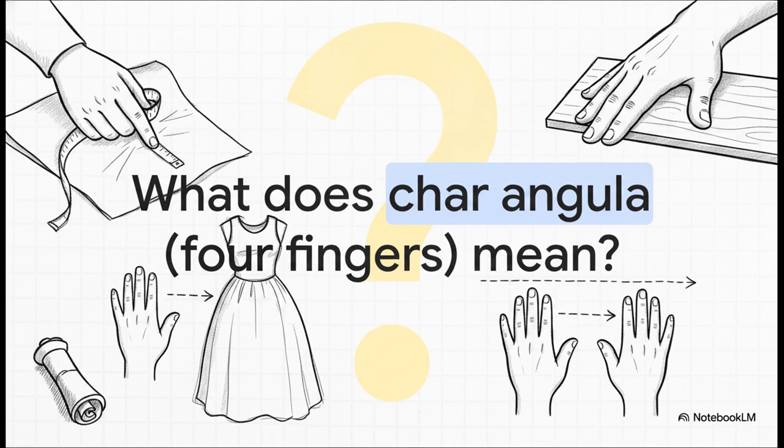Have you ever heard a local tailor, or maybe even your grandparents, throw around old terms like char angula? Literally, it means the width of 4 fingers. But think about that for a second. If someone tells you to add char angula to the length of a kurta or a piece of wood, what does that actually mean? Is your char angula the exact same width as my char angula? Definitely not, right? This exact question is the root of a massive historical headache, and it's exactly where our kahani